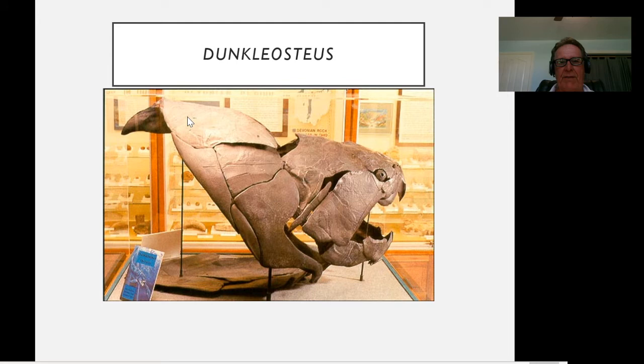Here is a fossil of Dunkleosteus. So you can see it was an armored fish. It had not only these big teeth, but it had this big skeleton. And when you're king of the ocean, of course, you eat pretty much anything you want. Dunkleosteus were great hunters. There is even evidence that they were cannibals. They ate each other as well. So this was the king of the Devonian Ocean, similar to what the great white shark is today.